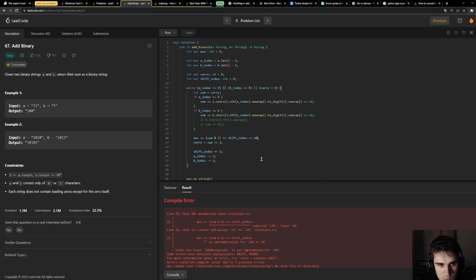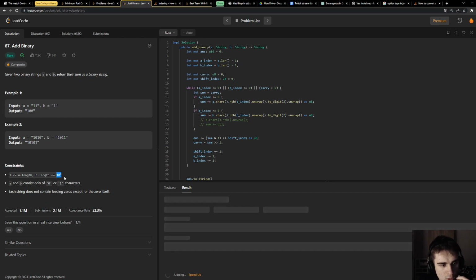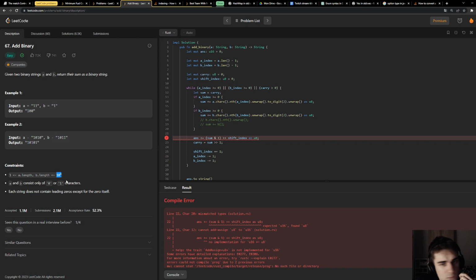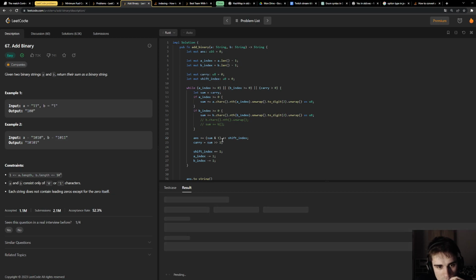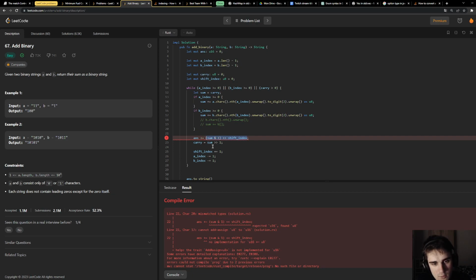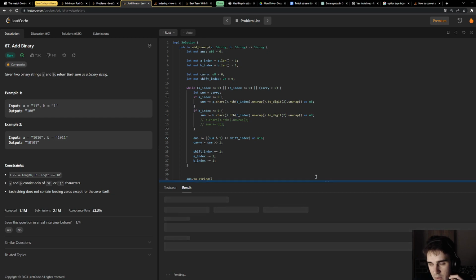As U8. Wait, it's the shift index. Yeah, and so the shift index should be a U8 because it's never going to be more than roughly 10. Expected U16 found U8. Maybe I should cast all of this as a U16. It becomes quite ugly actually.